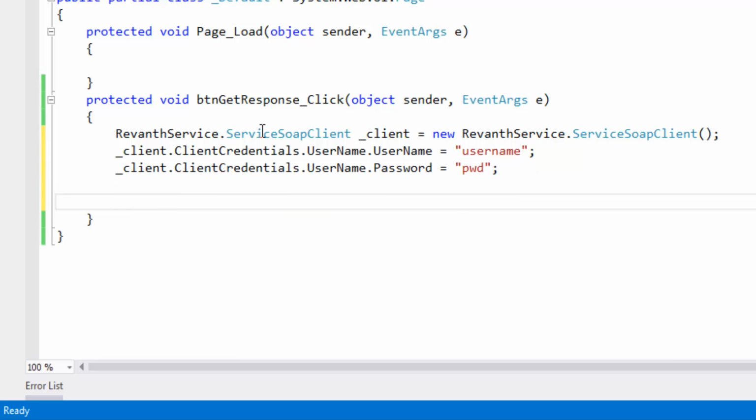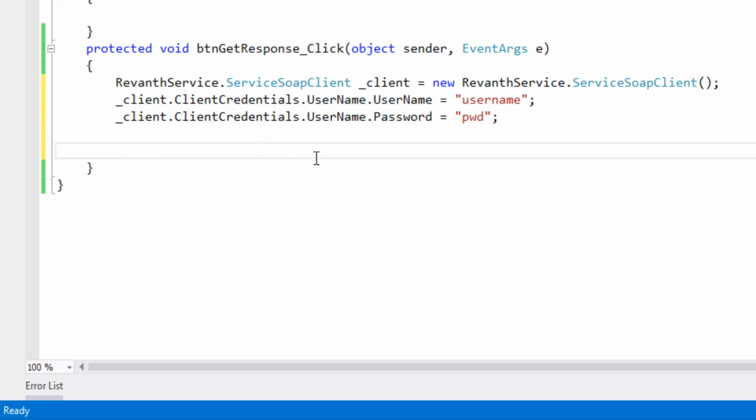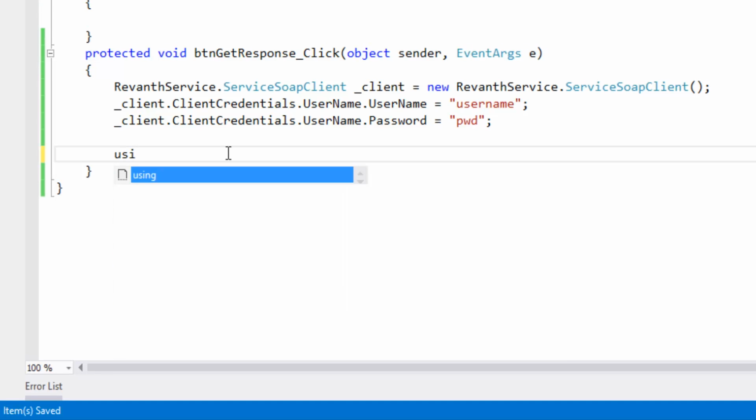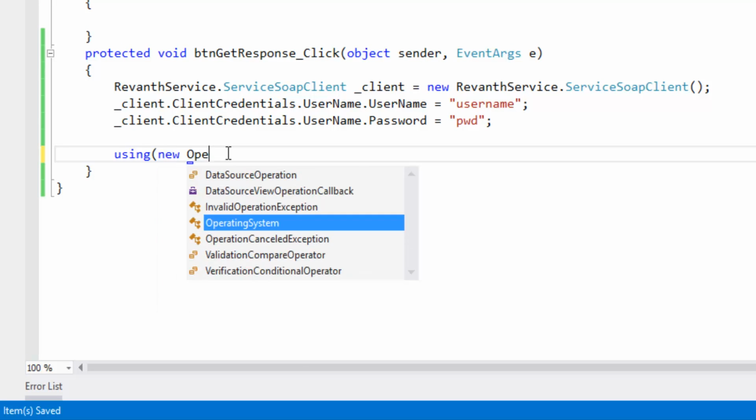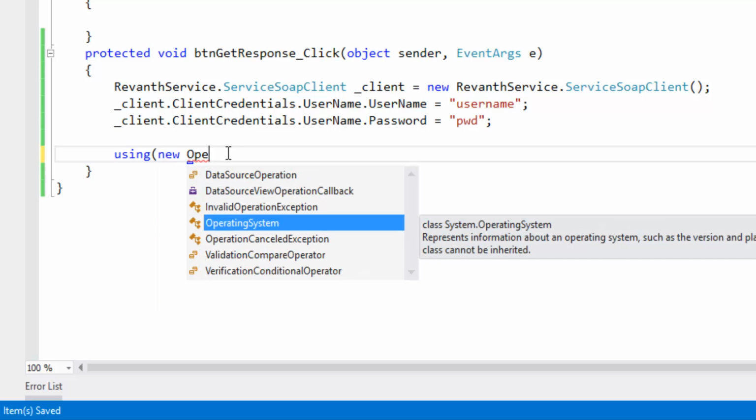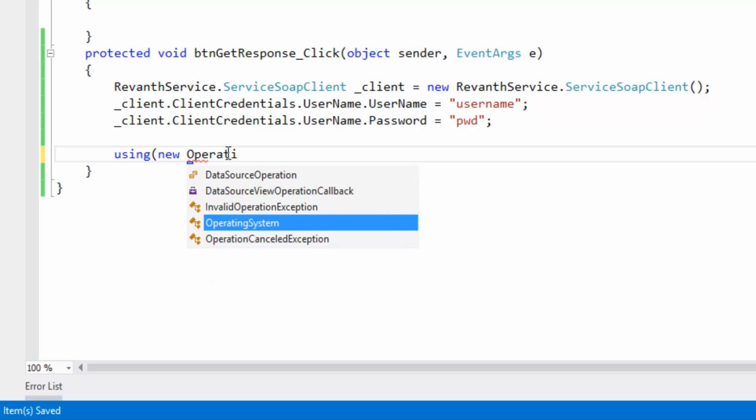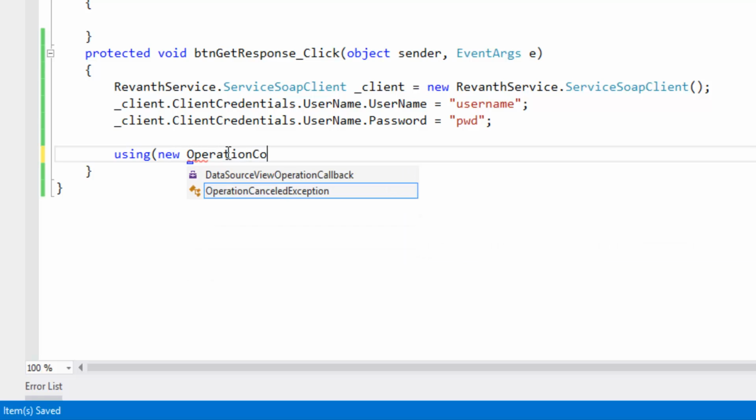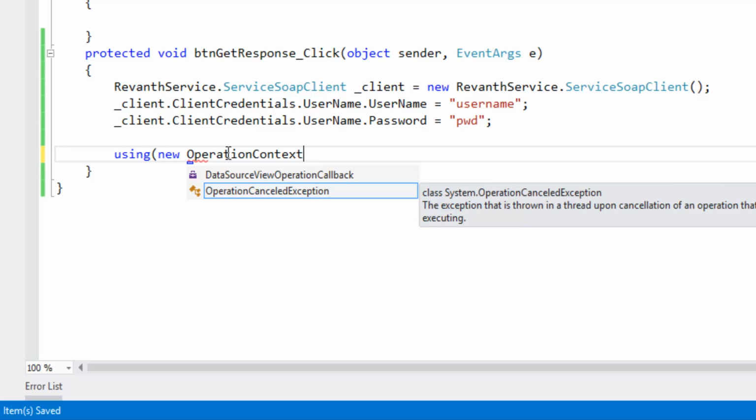Once this is created, we need to create an inner channel. Means we have to pass the custom SOAP header to the web service. For that, we need to create using new operation context scope.